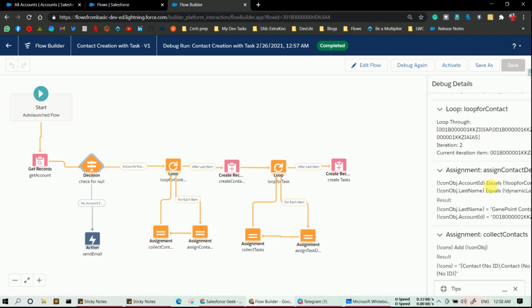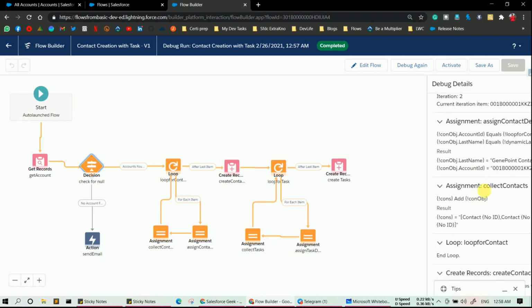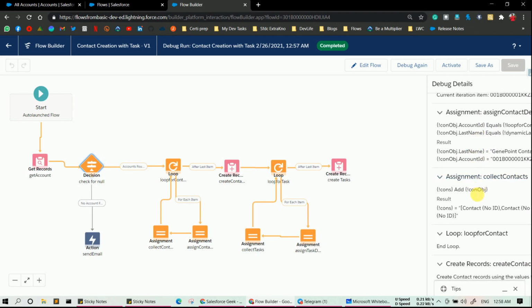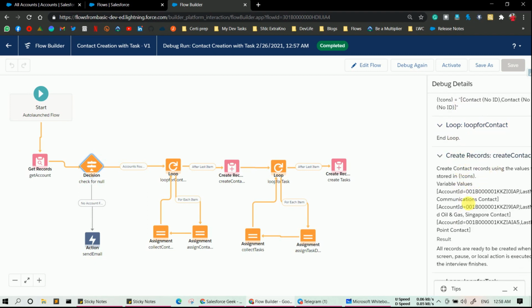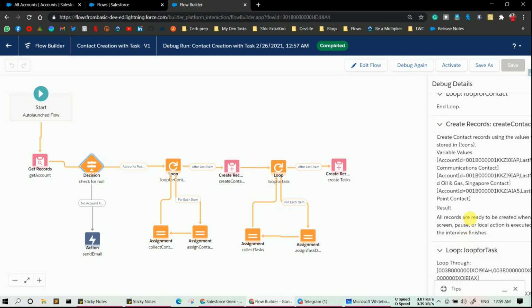And in the end of the loop, here you can see we are creating those records. In the result you can see all records are ready to be created when the screen pause or local action is executed, the interview finishes. So basically it's a DML element over there. So all the records come here and get created.